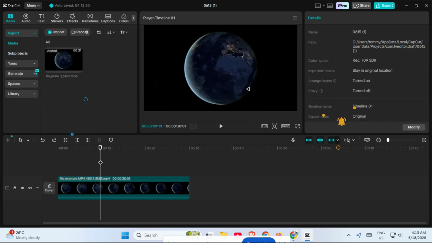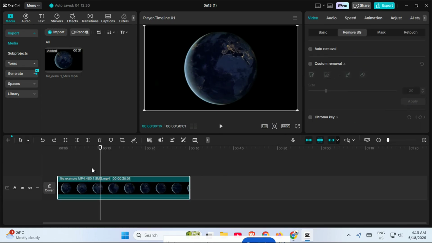First, open your project in CapCut PC. Once CapCut is open, make sure the video you want to edit is loaded into your project. If it isn't there yet, import the clip and add it to the timeline at the bottom of the screen. This step is important because you need the video clip placed on the timeline before you can separate the audio